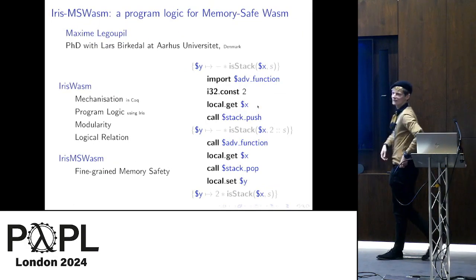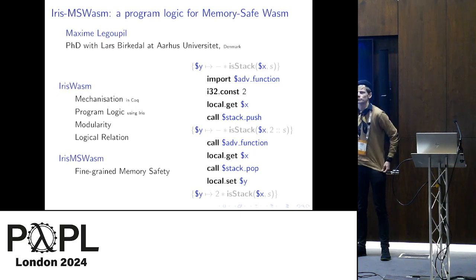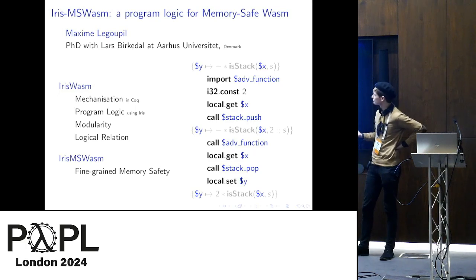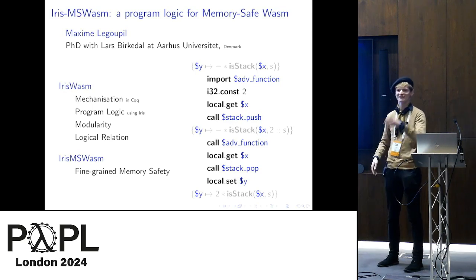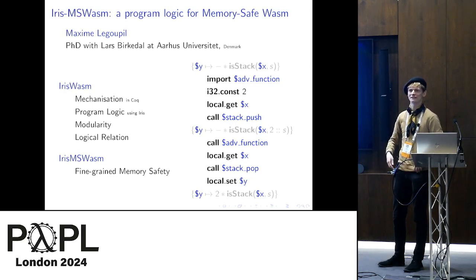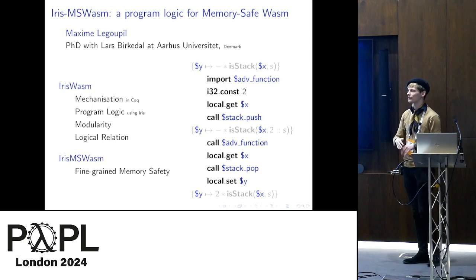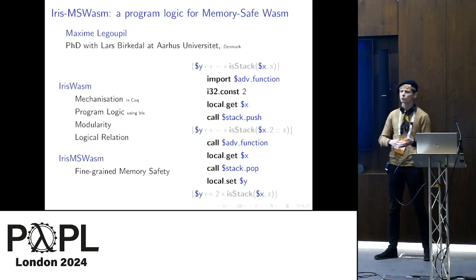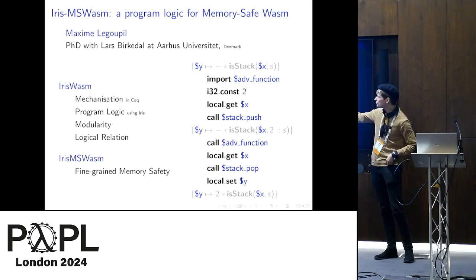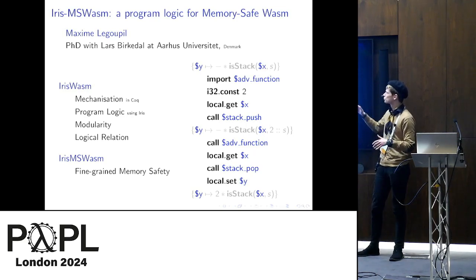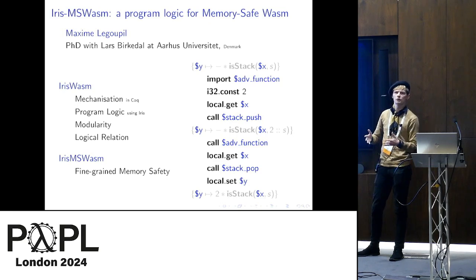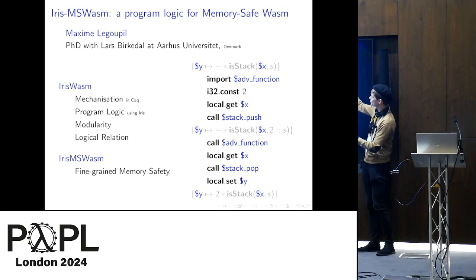So, hi everyone, my name is Maxime Le Goupil. I'm a PhD student with Lars Birkedal at Aarhus Universitet. I've now been working 2 years over there in Denmark. The first year before my PhD, I was a part of a group of incredibly talented people, Rao, Philippa, Conrad, who are here today, as well as Lars, Jean, and Aina from my home university in Aarhus, where we developed Iris WASM, which builds on the mechanization of WebAssembly in Coq and adds a whole program logic using the Iris proof framework that allows you to write proofs about